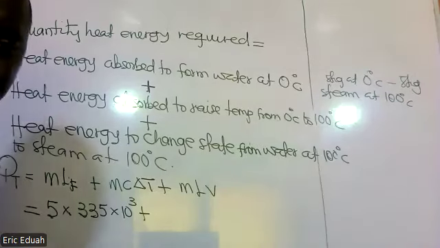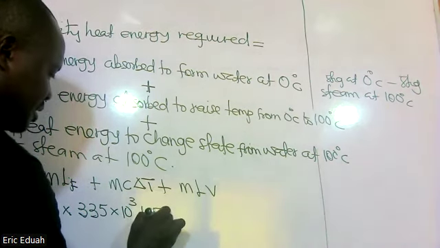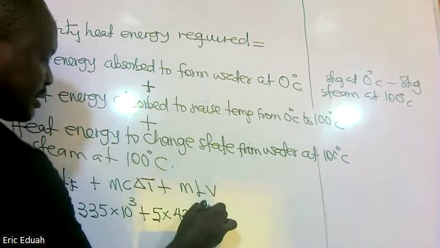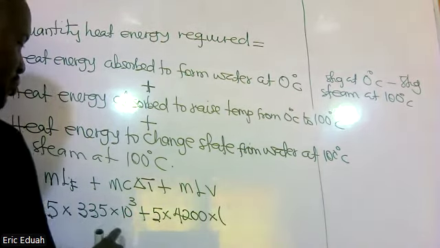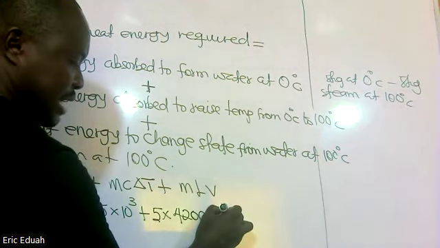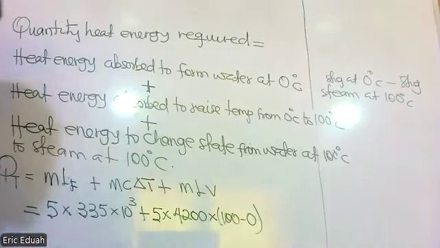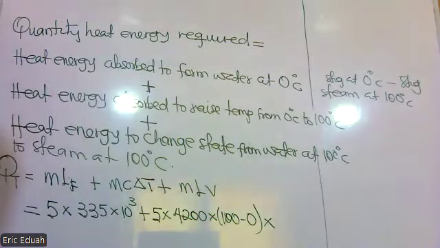the same mass of ice would melt. So 5 kilogram mass of ice will eventually have 5 kilogram mass of water. So 5 times the specific heat capacity of water times the change in temperature. Okay, 0 to 100. So 100 minus 0. Then times